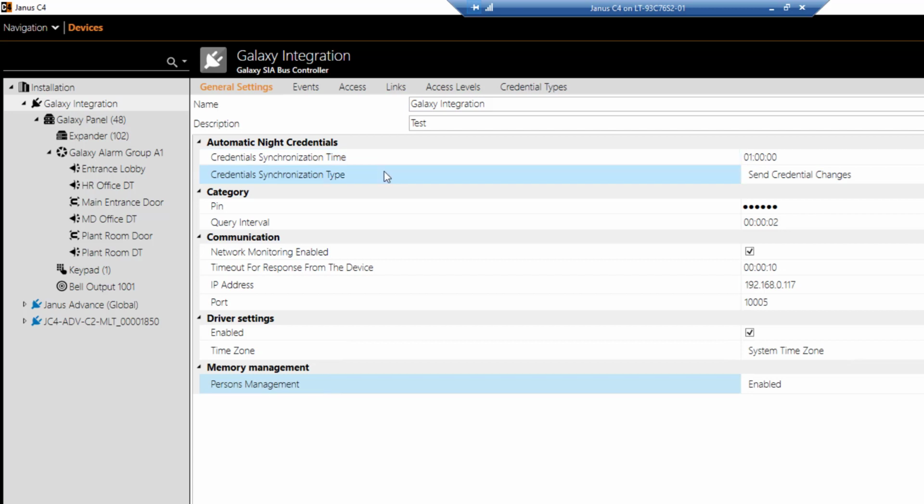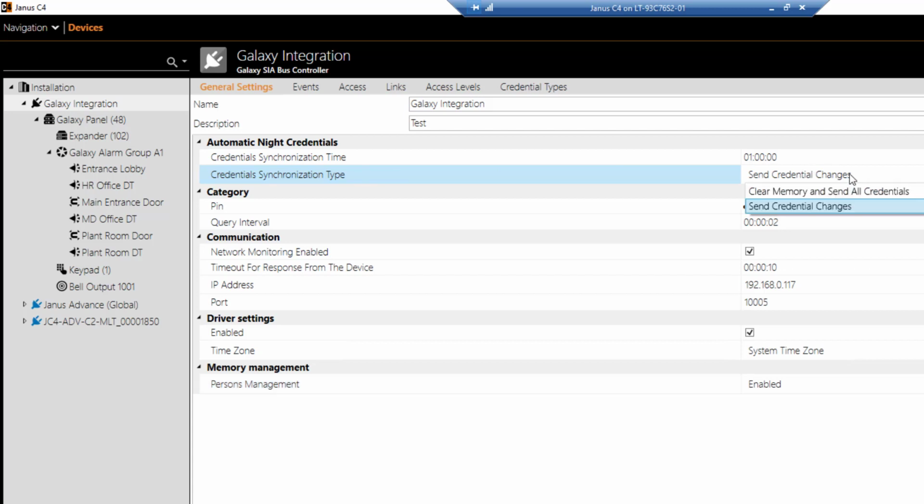We then have credential synchronization type, and if I drop this down, we have clear memory and send all credentials, and we have send credential changes. The send credential changes option will only send to the Galaxy panel at the credential synchronization time any changes made within Janus C4 and after the last sync. And the clear memory and send all credentials option will clear all the users and user codes in the Galaxy Intruder Alarm, and then it will resend all of the users and user code information from Janus C4 to the